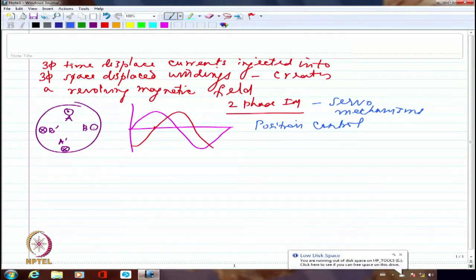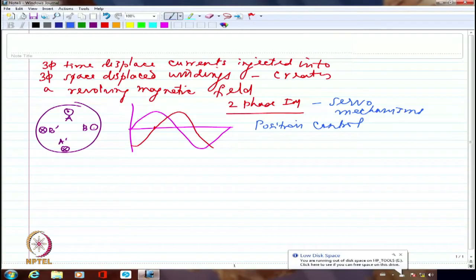So this may not be of larger rating, but this will be specifically for a smaller rating, but still it might require a rotation for a short while. So in those cases, servo motors are used, and two-phase servo motor, two-phase induction motor is very commonly used as